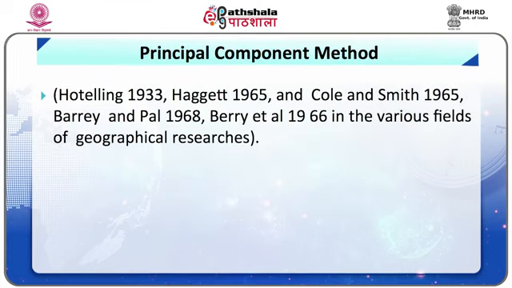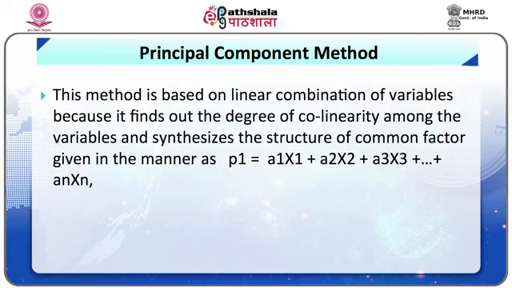Another method which is popularly used is the principal component method. It was used by Hotelling in 1933, Haggett in 1965, Cole and Smith in 1965, Berry and Pal in 1968, Berry et al. in 1966 in various fields of geographical research. This method is based on linear combination of variables because it finds out the degree of collinearity among the variables and synthesizes